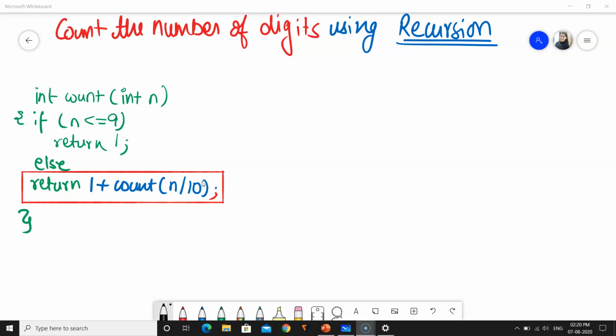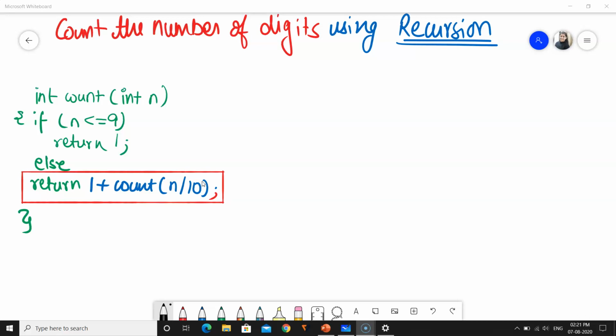The topic for today is that I will make sure you learn how to count the number of digits in a number using recursion. We have already found that we can find the number of digits using a while loop, but this is a new program. In this we will learn how to find the number of digits using recursion. So this is the function that I have written. It will be calling itself and we will find the number of digits in a number.